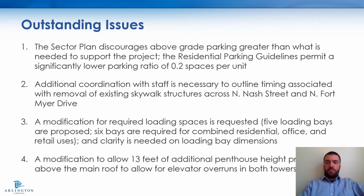So staff identified a few preliminary issues at the first SPRC meeting in February. Some of these issues have been resolved following staff clarification and subsequent information provided by the applicant. But issues for discussion here include the following issues that have not been fully addressed. The sector plan discourages above grade parking greater than what is needed to support the project. Staff notes that the residential parking guidelines permit a significantly lower parking ratio of 0.2 spaces per unit at this